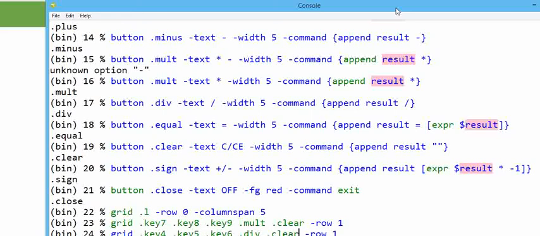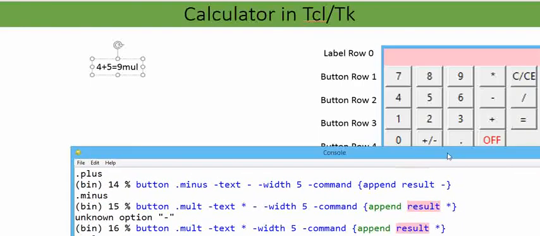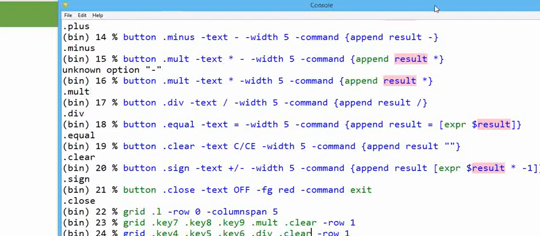The name of the function we have given is clear. Sorry, clear I already took. So after that div, only 4, 5, 6, minus and div. Okay, div, minus, and it should appear in row number 2.